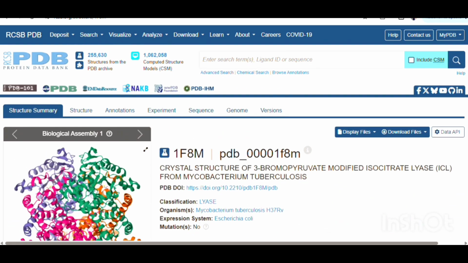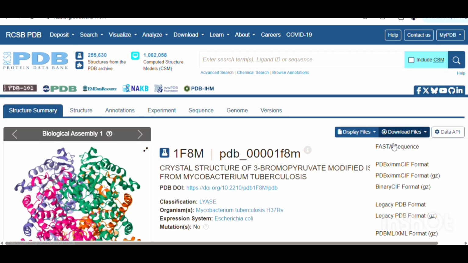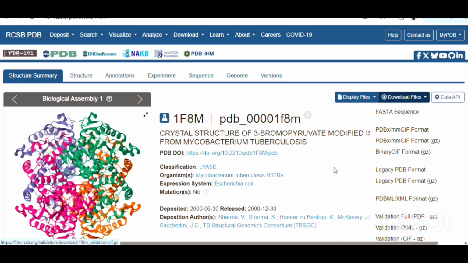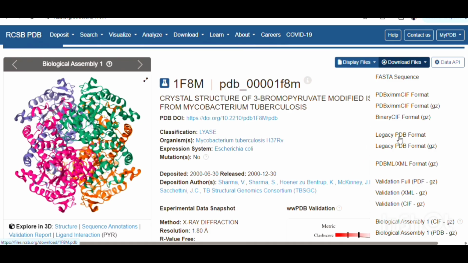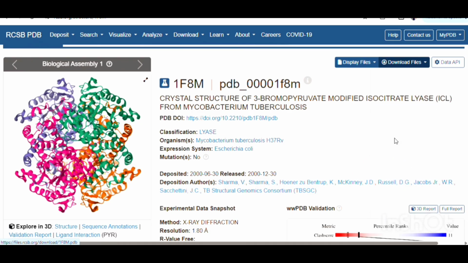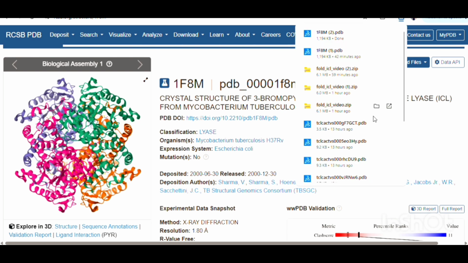For downloading any structure from PDB, go to download files. From there, go to legacy PDB format. I usually prefer legacy PDB format only, so I will go for legacy PDB format. You can see 1F8M, since I have downloaded it many times. It is the same copy only. So I will open this 1F8M